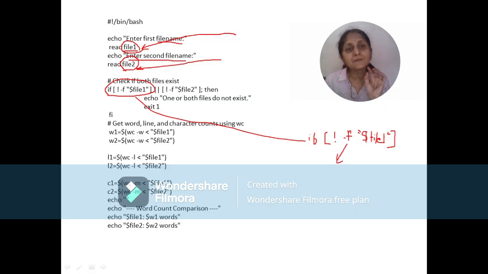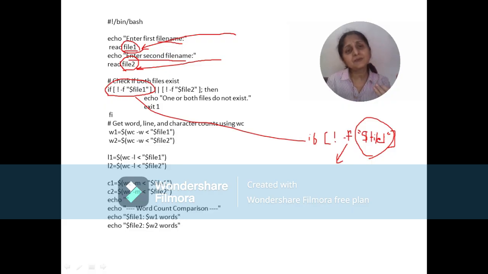In this, hyphen f is used to check whether the file exists or not. Now which file are you checking whether it exists or no? You are checking the file that is stored in our variable file1. So we say if hyphen f dollar file1, that means does that file exist?